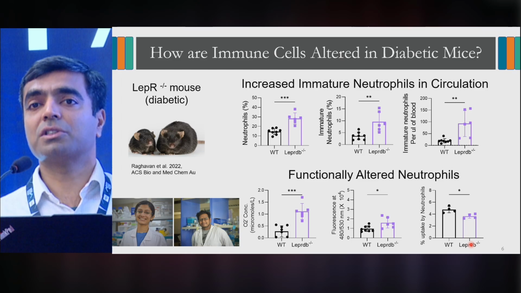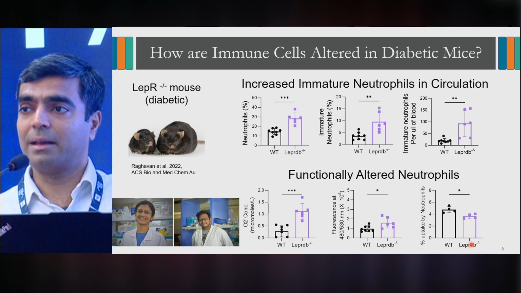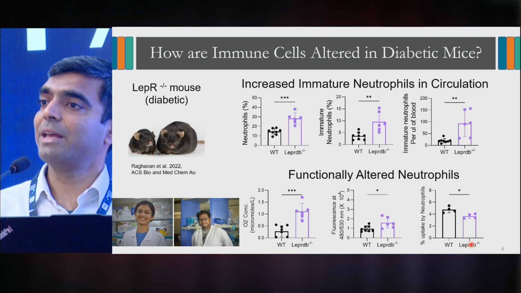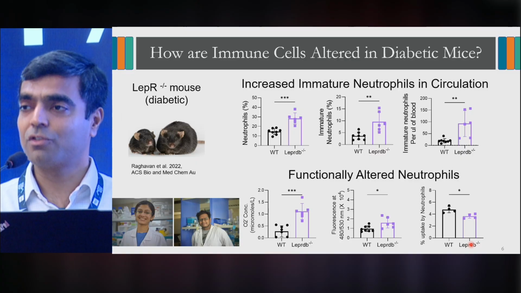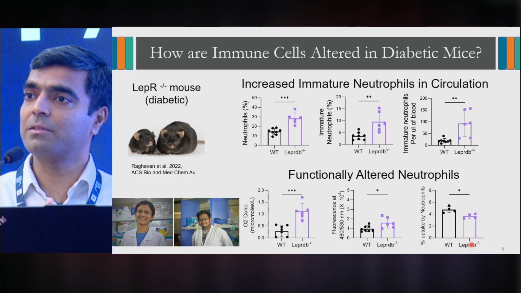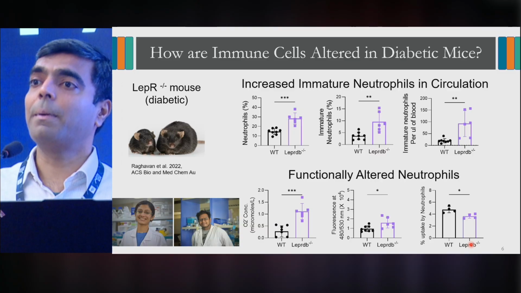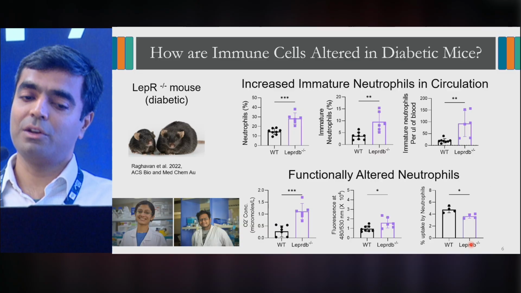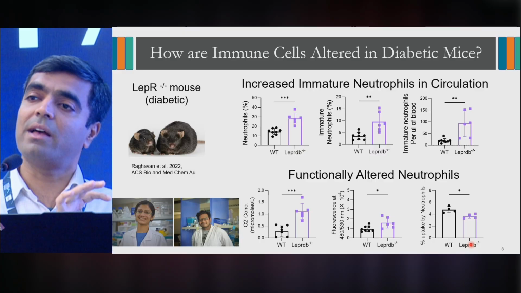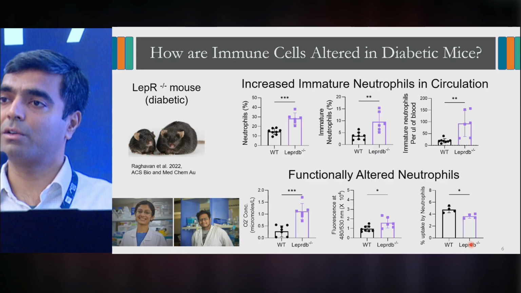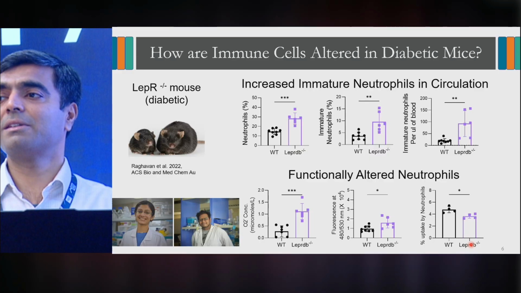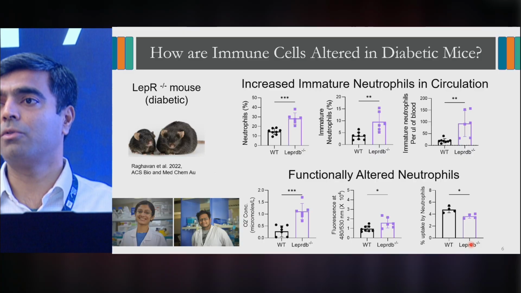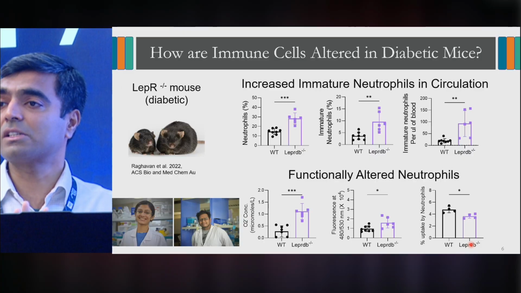So some functions of neutrophils seem to go up in diabetic mice, some functions come down. Surprising, and we have human data. I just don't have the time to show this. This is exactly what happens in type 2 diabetic patients compared to healthy controls when we do it in a human study. Peripheral neutrophils have higher ROS, higher netosis capacity, lower phagocytosis. So this gave us an idea that this mouse model seems to behave very much like type 2 diabetic patients, at least in this context.